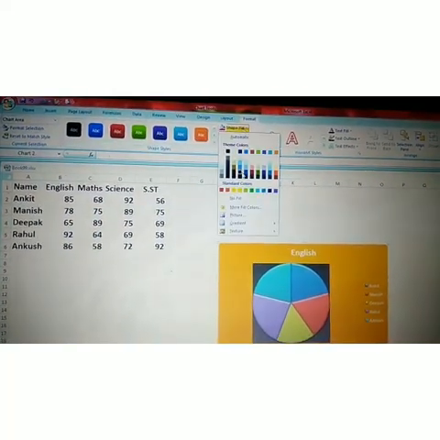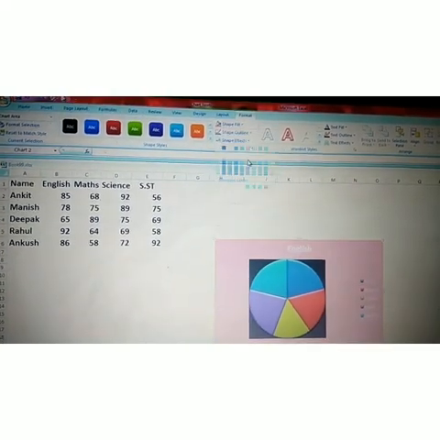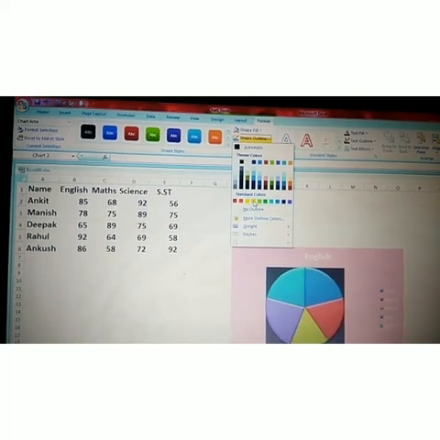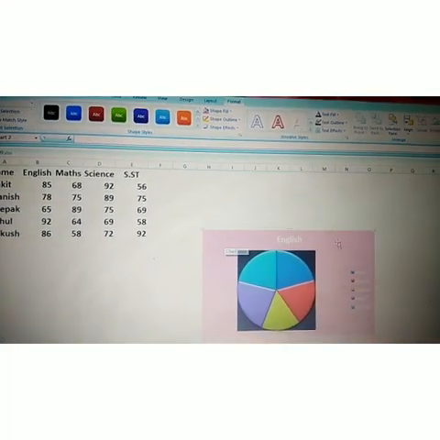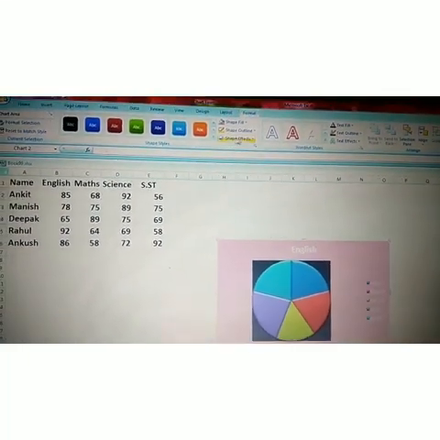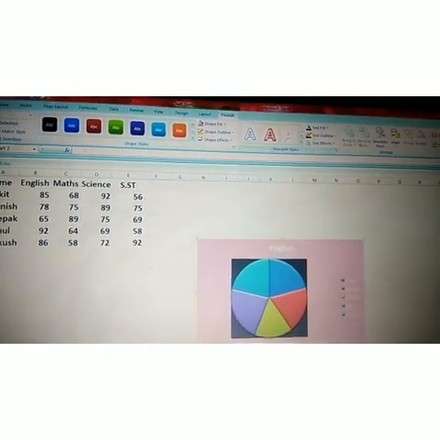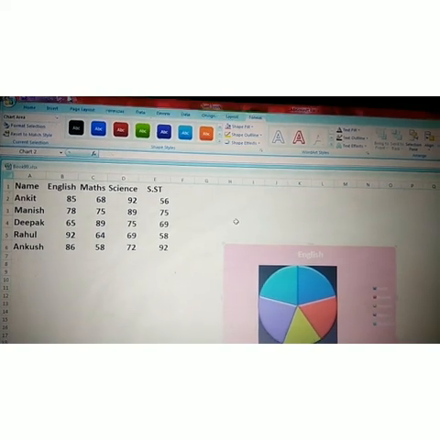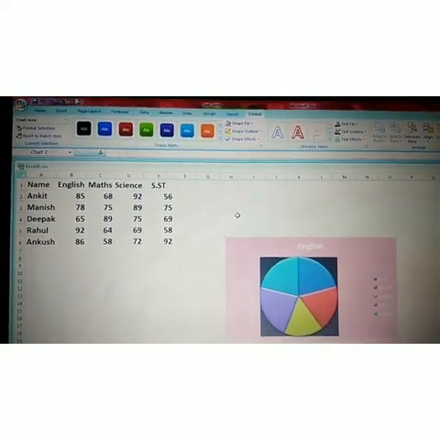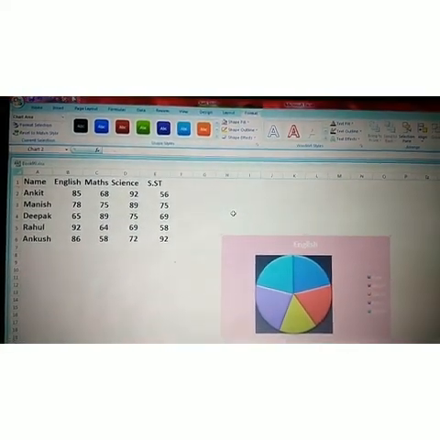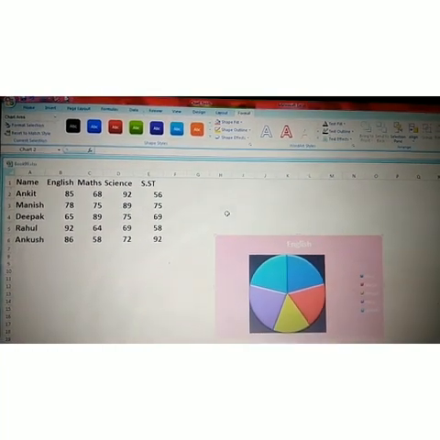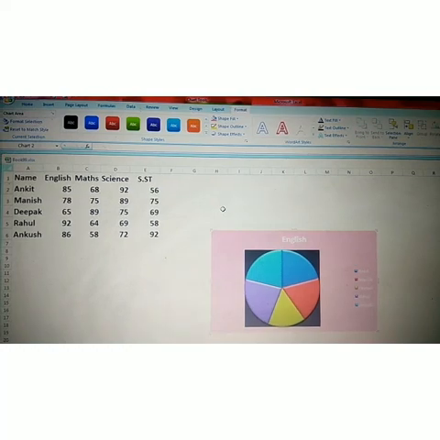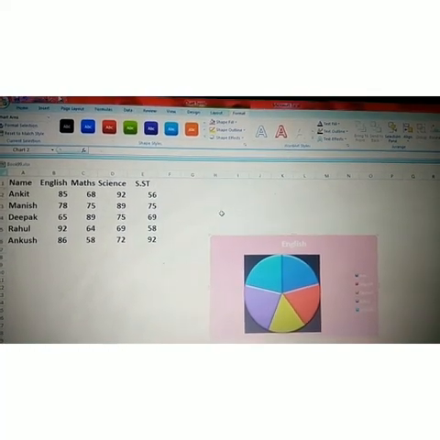This is the shape fill. Just click and use this. This is shape fill and shape outline. We can use this shape outline. Just click. This is the outside outline of a shape. So many options are here related to formatting. So this is your formatting chart and how to create a chart in MS Excel properly in a practical way. So student, do practice at your home.